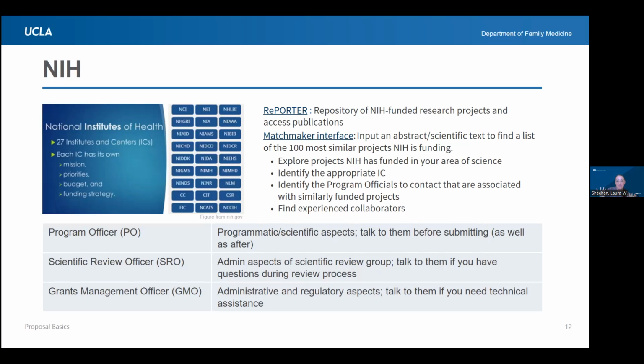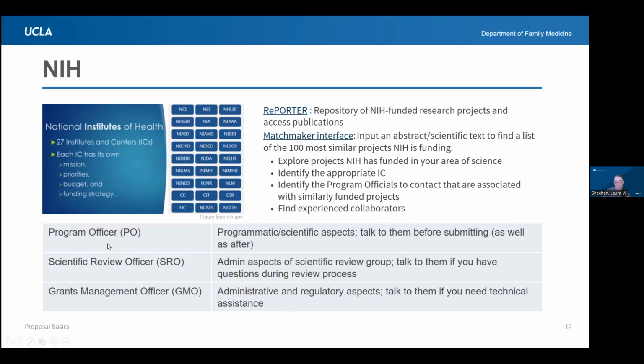So if you're doing research on drug abuse in populations with mental health disorders, which one do you apply for? These tools are going to help you figure out which groups are funding specifically the kind of research that you are interested in doing.